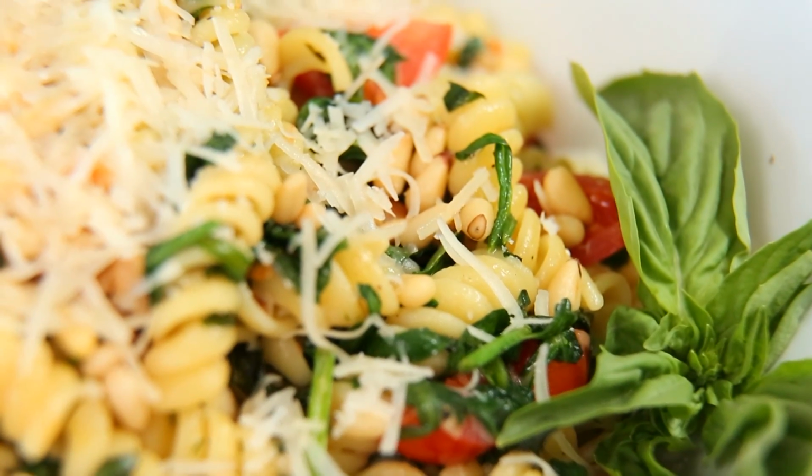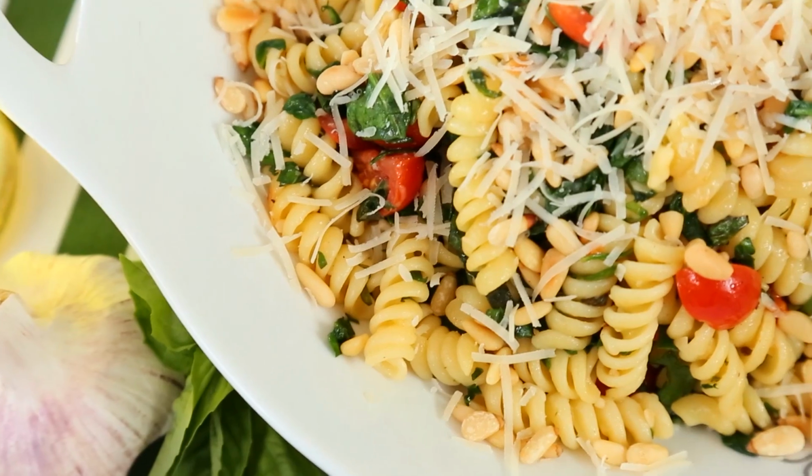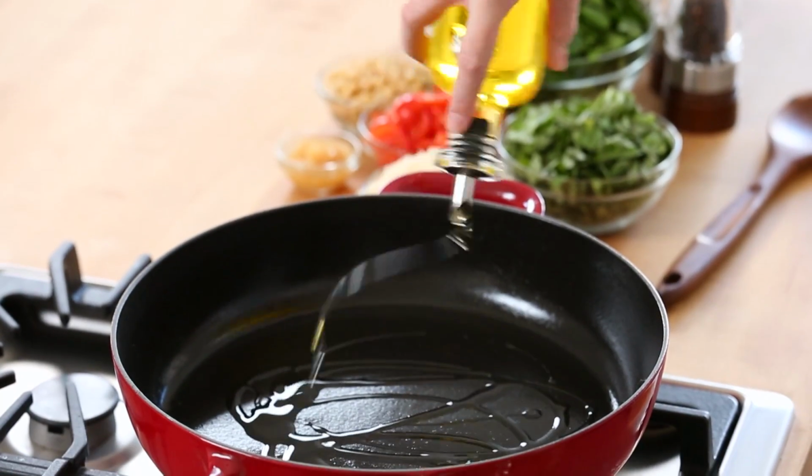Next up, I am making a really simple deconstructed pesto pasta, and I love this idea. It's basically all of the ingredients in a pesto except not blended together. How clever is that? It all starts with a nice big skillet on the stove over medium-high heat, and I'm